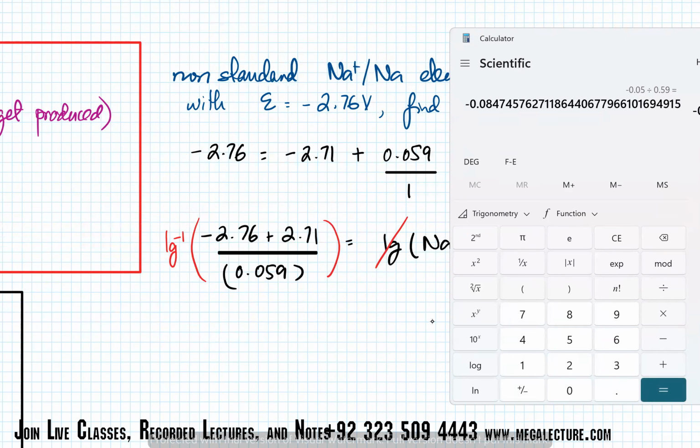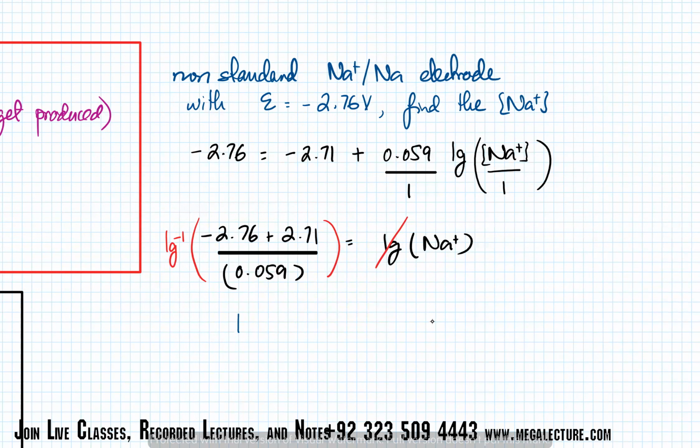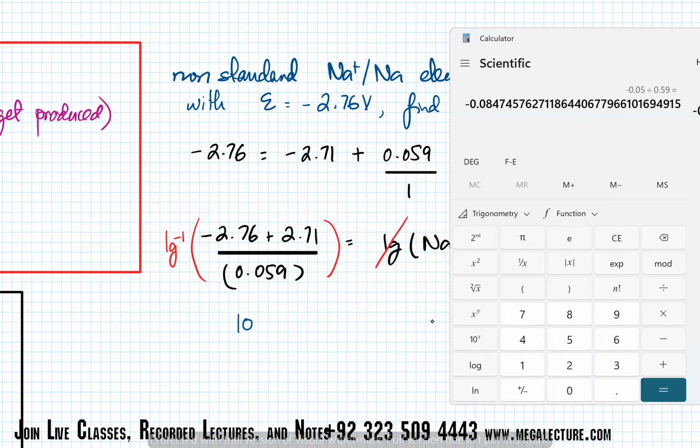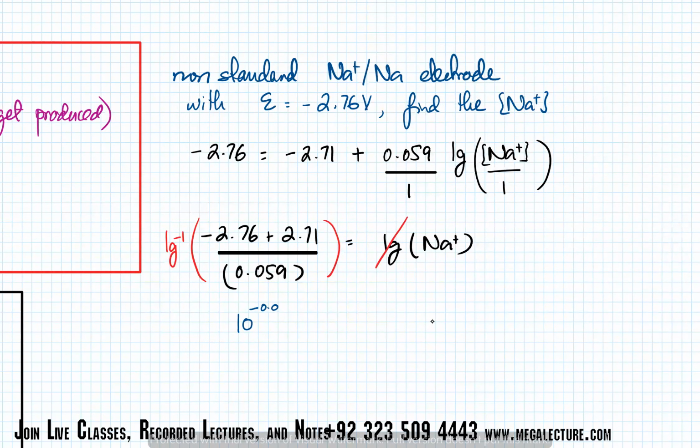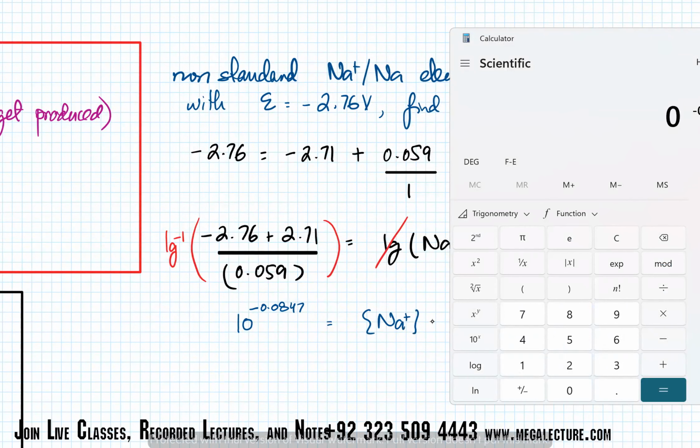तो ये आ रहा है minus जो भी है 0.0847. So I'm going to write this as 10 power x, since log inverse is 10 power x. So it's minus 0.0847, 3 significant figures. Okay, that's going to be the Na+ concentration. So we can try and solve that. इसको sorry, पहले वो value डालनी है. क्या था? अच्छा, minus